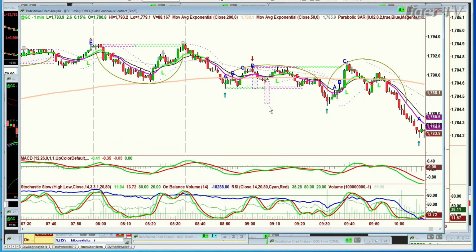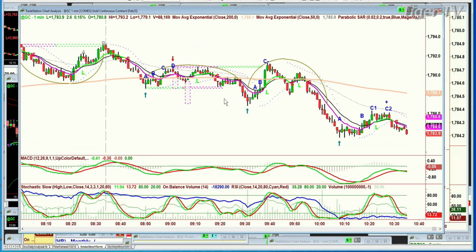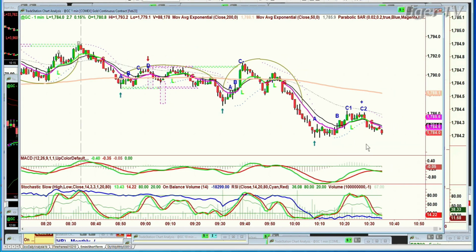It went to exactly that low, had a big rebound, failed at a peak C, pulls back, makes the arch formation. I wasn't able to do all the notation here. Arch formation, comes back down, does another one-to-one to the downside, goes to a peak C1, C2, and now gold is only up 2.7, and it's making us yet another arch formation.